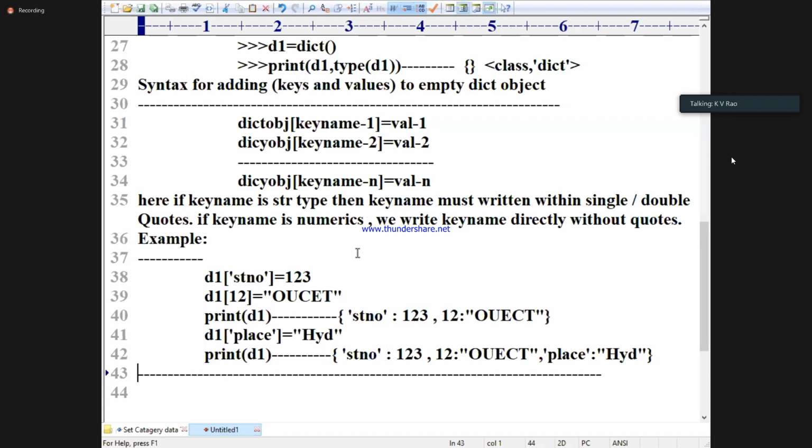Now, line number, you tell me. 32, okay. Okay, dict, Y is there. Okay, you corrected me. So a school teacher is being corrected by you. Very good. Thanks for your concentration.